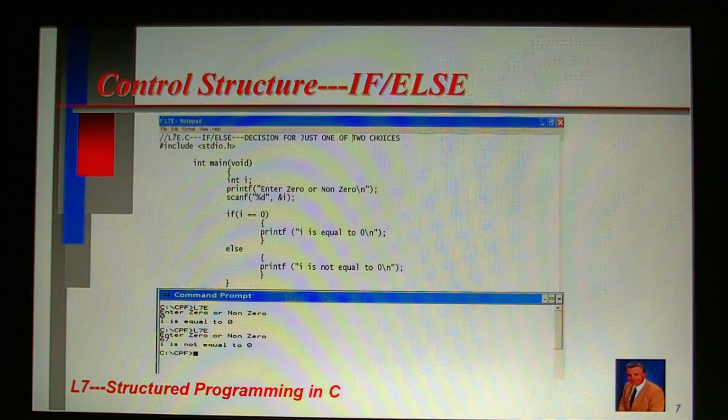if (I == 0) { printf("I is equal to 0\n"); } else { printf("I is not equal to 0\n"); }